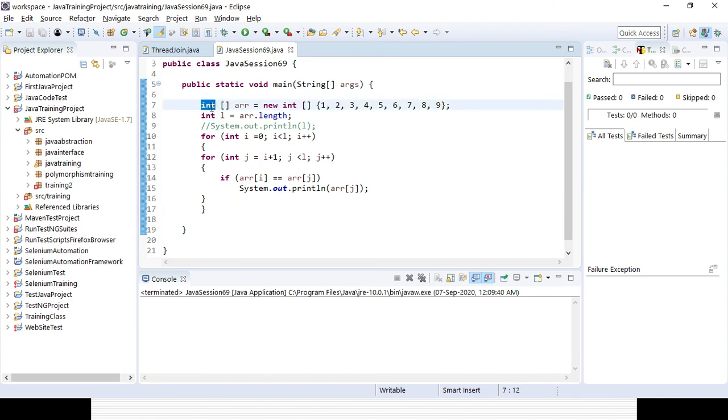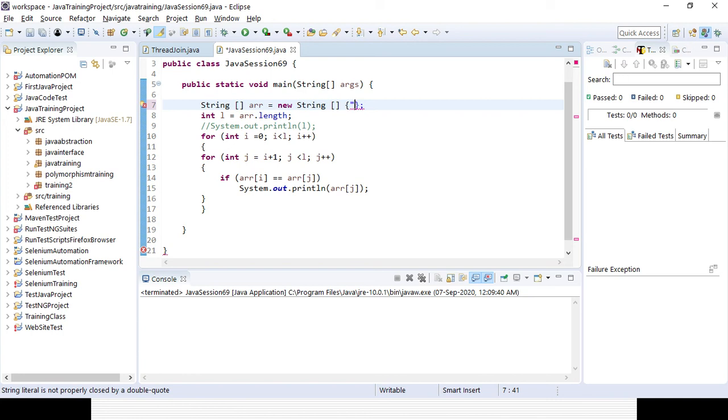Now suppose there is an array which is a string data type. So simply you need to change the data type to string, and here also you need to change the data type to string. Okay, the other portion will be the same. Here as it is string, you need to give all the element names within double quotes.